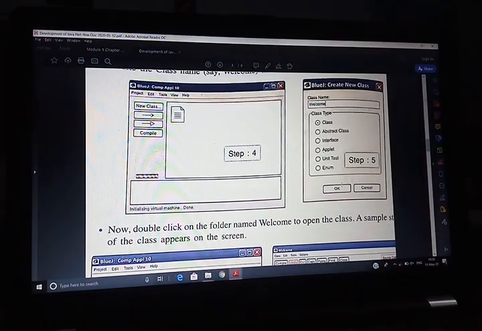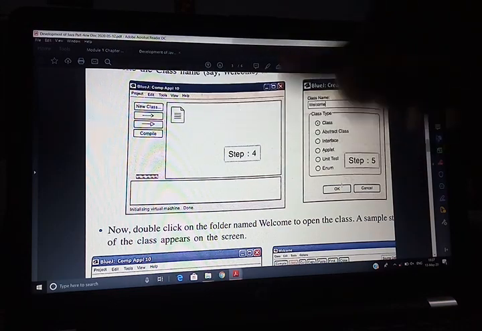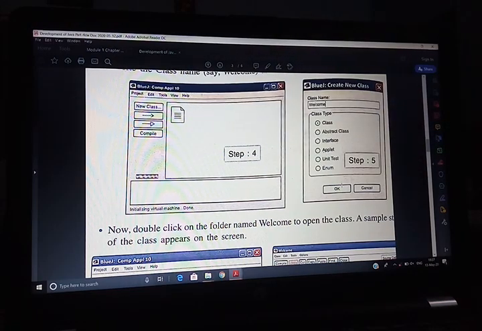Here, New Class. A window appears with the project icon. Click on the New Class button. Then you write your class name. Suppose your class name is welcome, and click on OK.